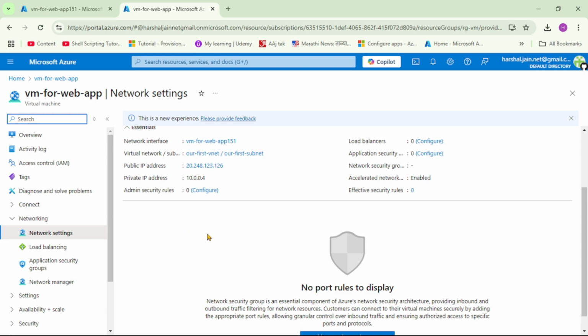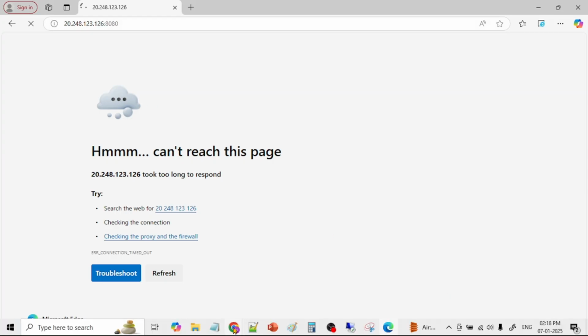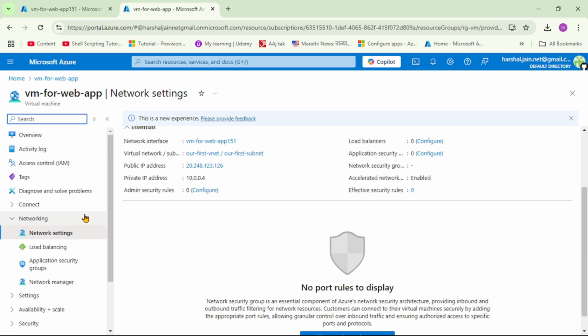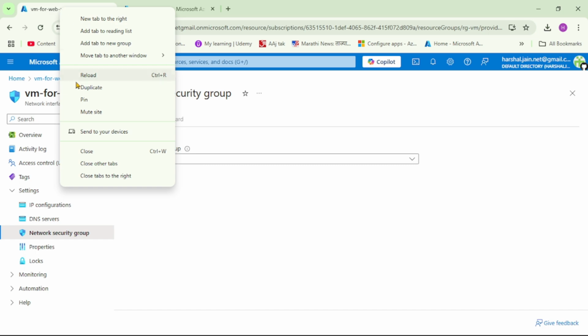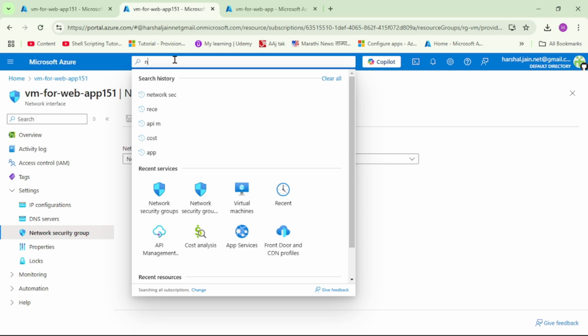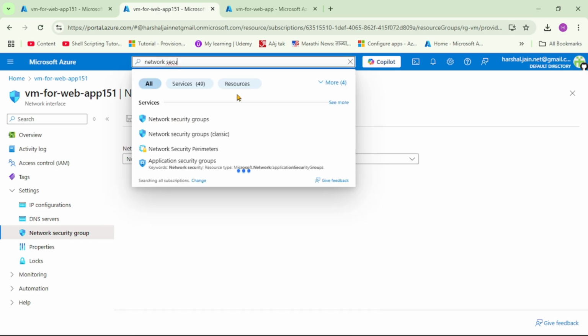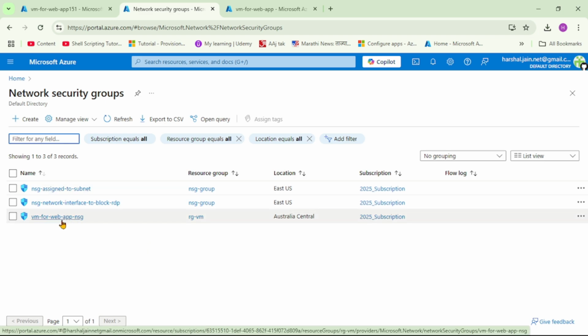So again guys, we are back in Azure portal. Now let's do one thing. Let's attach that NSG to the subnet of this VM. And hopefully after this we should be able to access this URL again. Let's go back to our previous tab. Here let me just duplicate this tab, and here I will say network security groups. Let's open this, and see guys, this is that NSG which we have detached from that network interface. So let's open it,